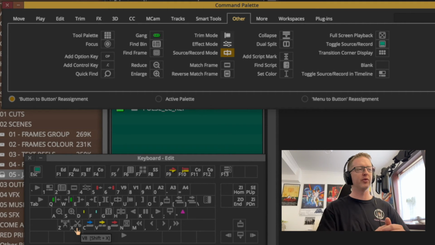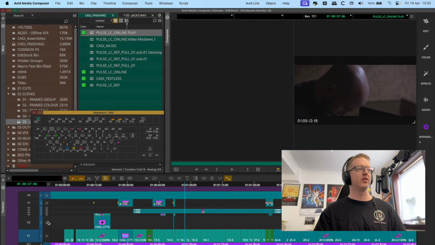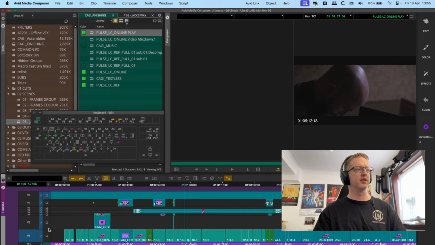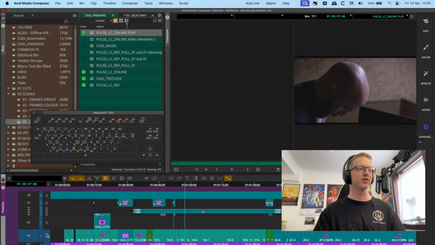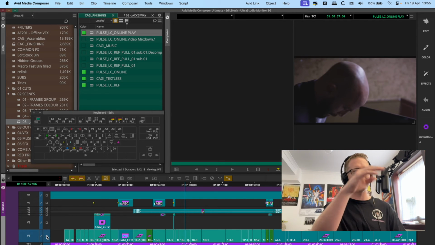It's going to add the Option modifier. And if you add the Option modifier, then what it's going to do is monitor that track. So it's not going to enable it or select it, it's going to monitor it. So this is a really useful way in Avid to just monitor the top one if you're always going to have a set amount of tracks,